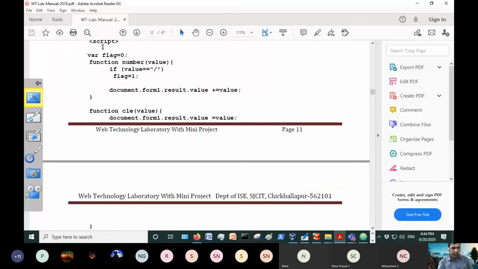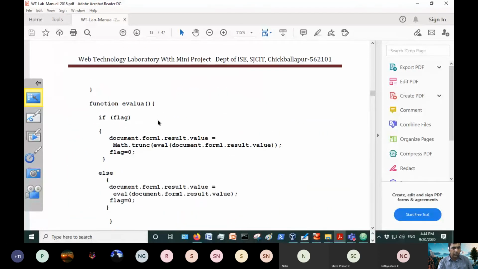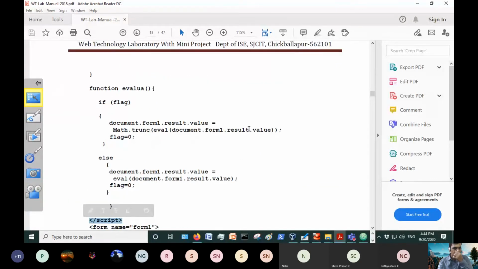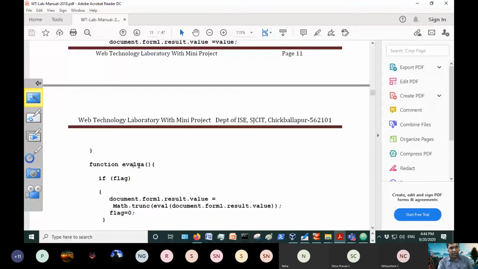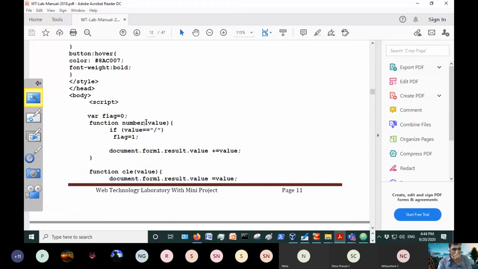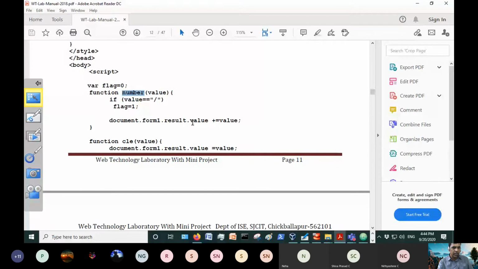Only what you find between the script and closing script tags is your JavaScript, which usually has three functions. One is evaluate, which will evaluate the value in a calculator. Then another is a number function, especially used for the concatenation of numbers.